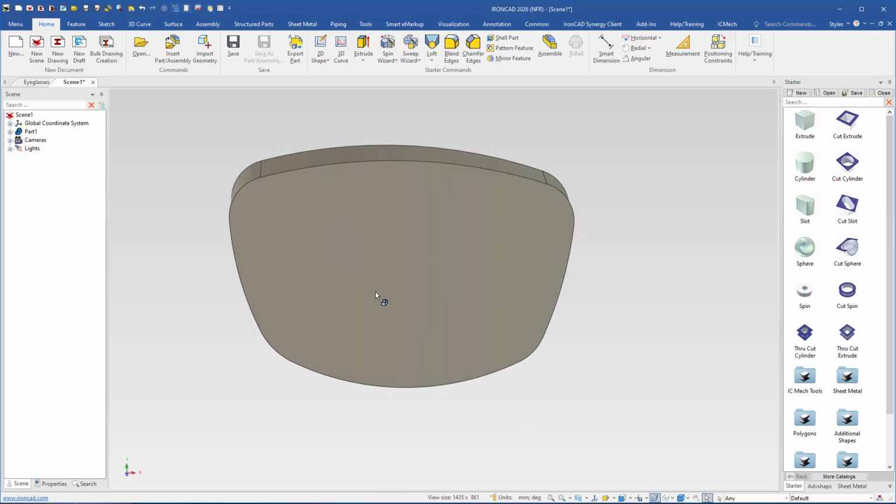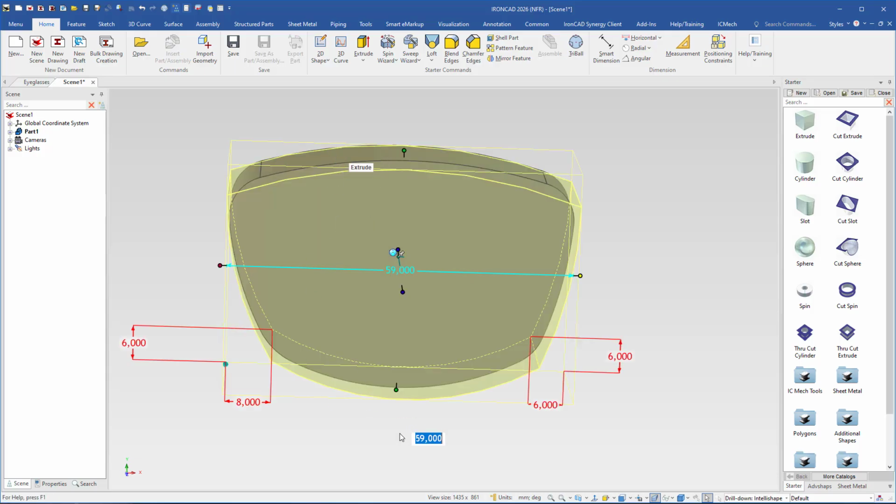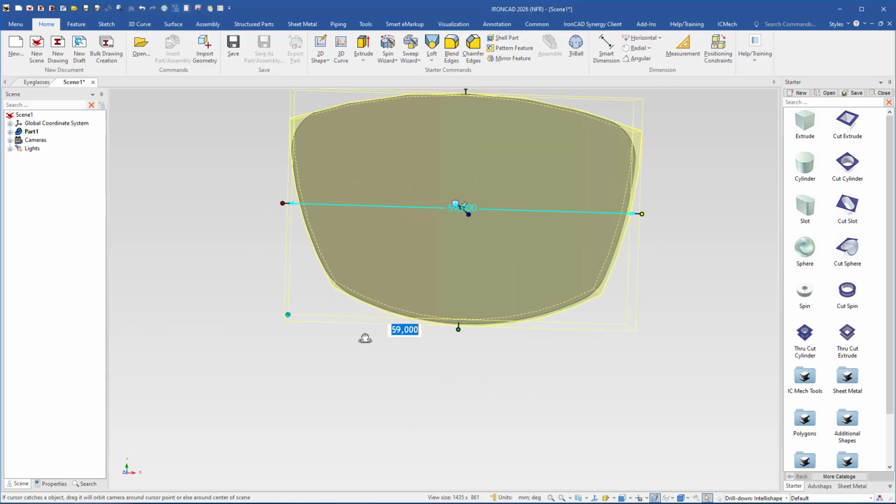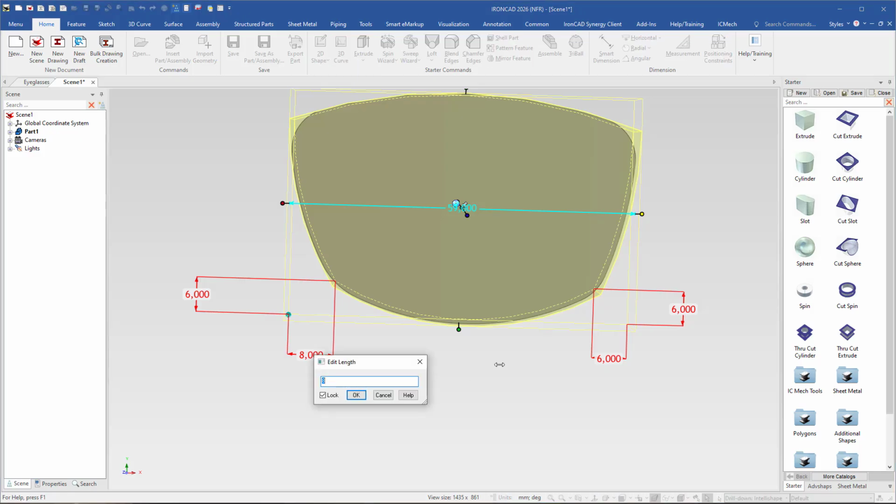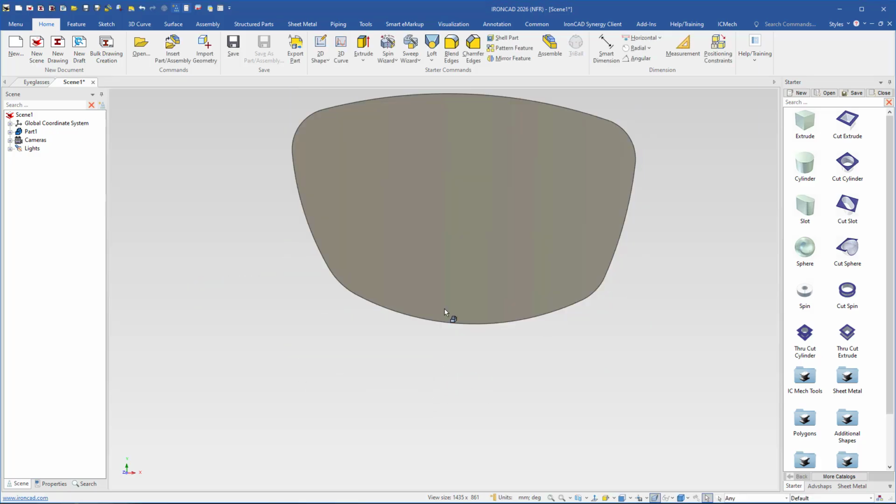So now when you click on this part and that one, go to IntelliShape level, you will have these dimensions. That means that you can now change the location or the position of this node here. So that you don't have to go into the cross section to change the look or the position of the node. For instance, if you want to change that to 9, you can do that, and it will look like